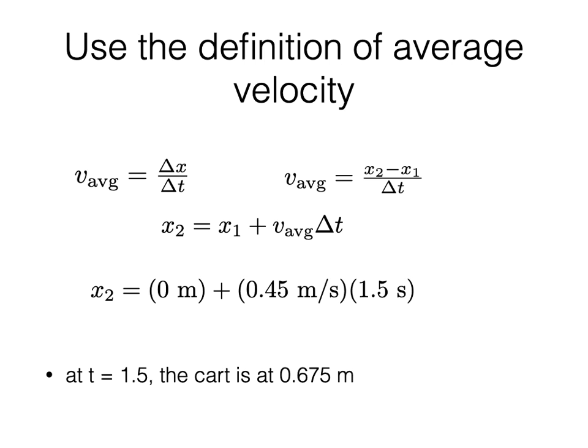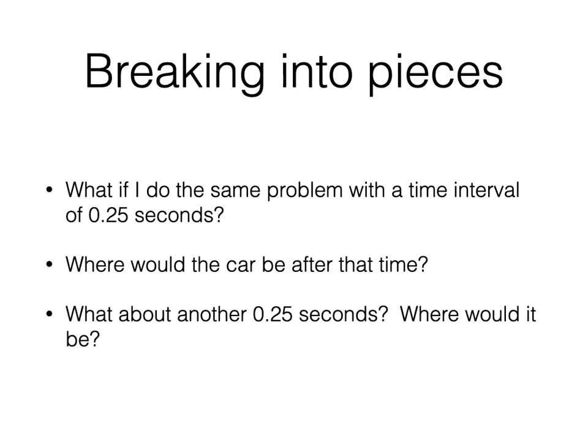Cool? Okay. Let's do the problem again. What if I do the same problem, but with a time interval of 0.25 seconds? So instead of 1.5 seconds, what if I do 0.25 seconds? So where would the car be after 0.25 seconds? And then I can say, okay, now I know where the car is, and I can go from another 0.25 second interval, and do it again. So instead of one calculation of 0 to 1.5 seconds, I'm going to do a whole bunch of 0.25 second